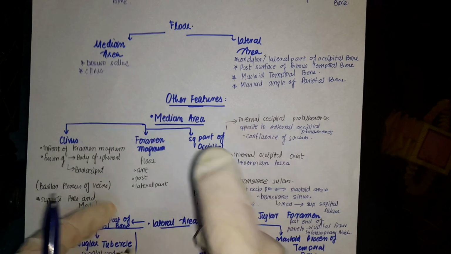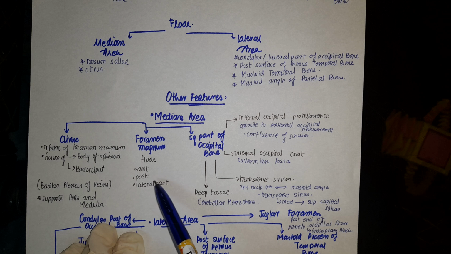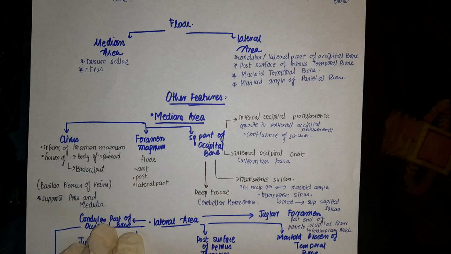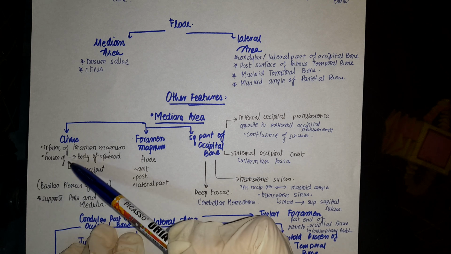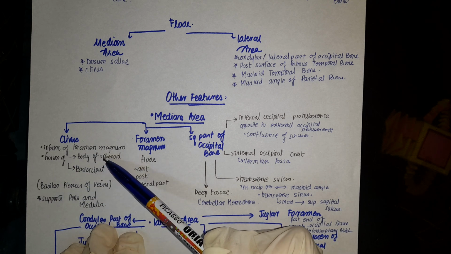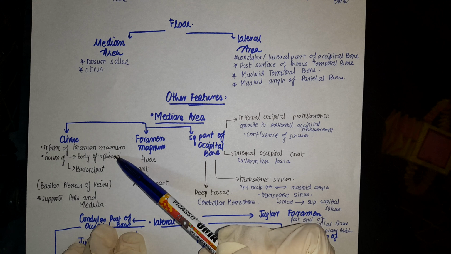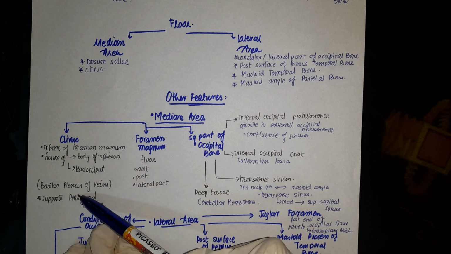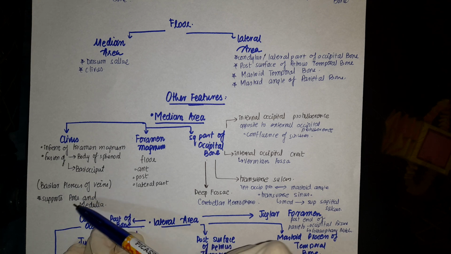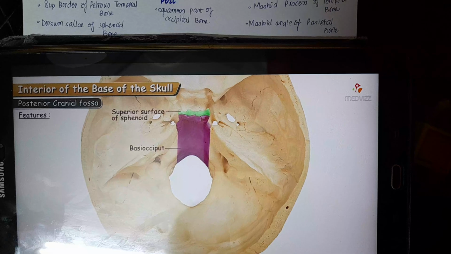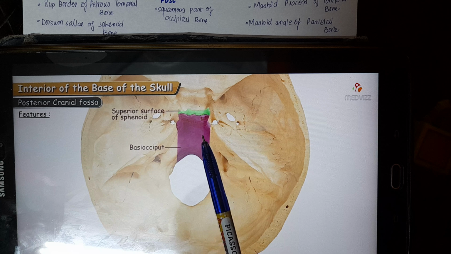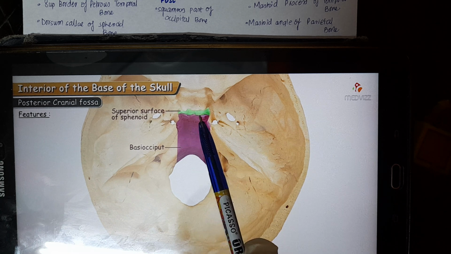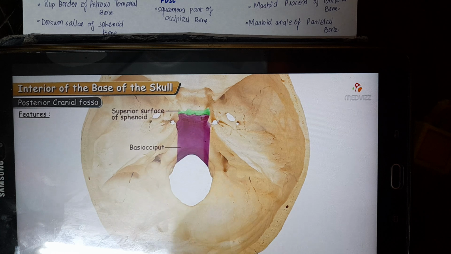The foramen magnum, it is actually a large portion and it has an anterior, posterior and lateral portions. And the clivus, it is just in front of the foramen magnum. It is formed by the fusion of the body of the sphenoid posterior portion, that was the dorsum sellae, and the basioccipital, as I told you. And now it has a groove for the basilar plexus of the vein and supports the pons and medulla. Firstly, we are going to discuss the clivus, which is actually a union of the basioccipital and the superior surface of the sphenoid bone, the posterior portion, that is the dorsum sellae.